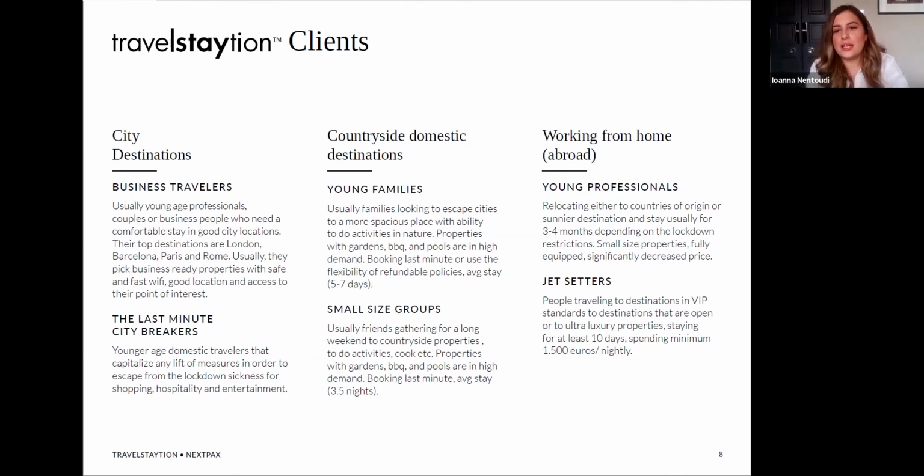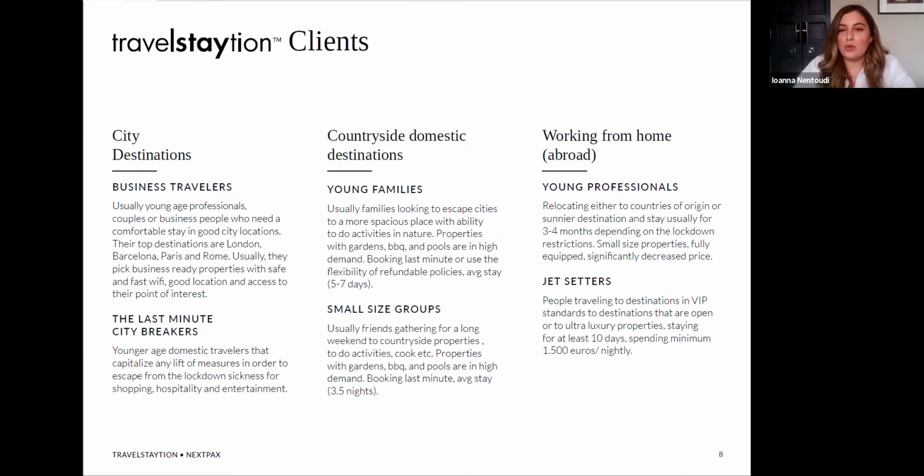And on the third category, we have the work from home, which is a new trend considering the period of pandemic. So we find young professionals that are being relocated to mainly sunnier destinations to spend 3 to 4 months, depending on the restrictions, lockdowns, and flexibility of the employer, of course.